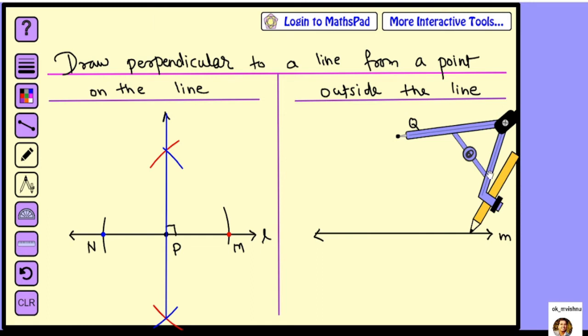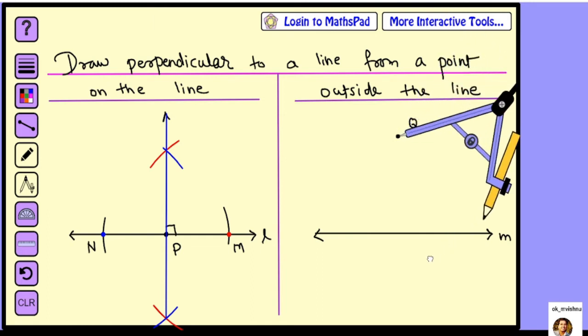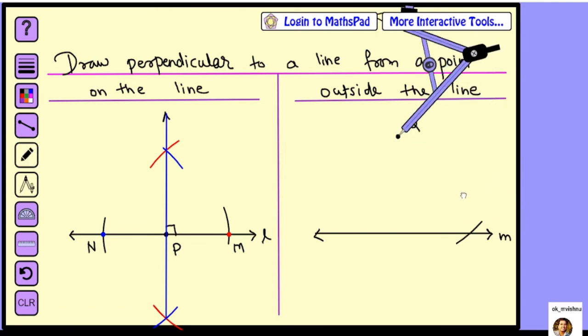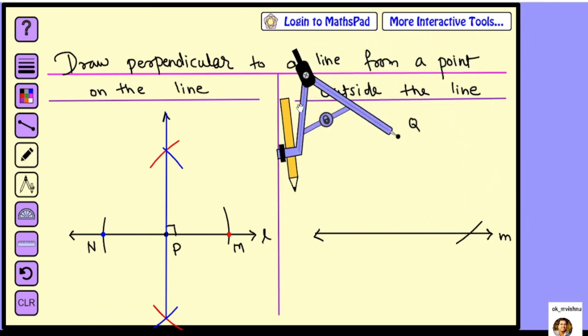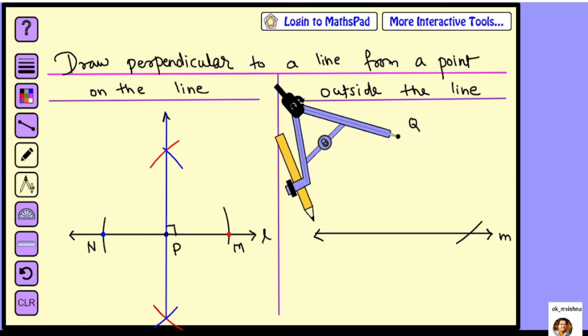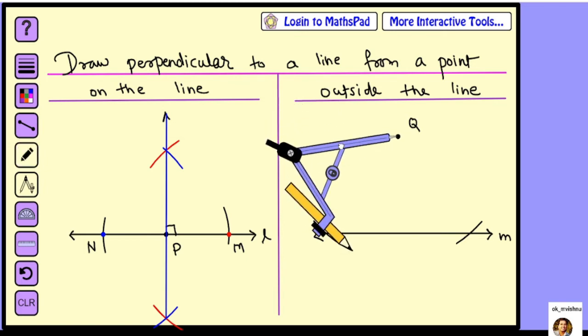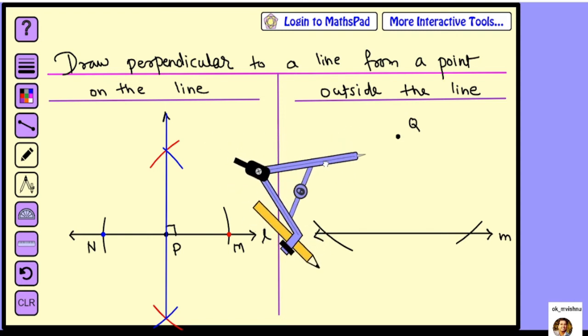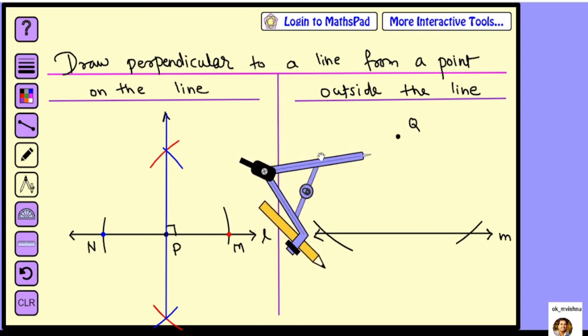Let's see how we're taking the arc. See carefully, one arc will come here and one arc will be towards here. Make sure your arcs are not going outside the line. If it is happening, you just extend your lines a bit or decrease the distance in your compass. Alright, now once this is done, remaining procedure is same like you did in the first one.